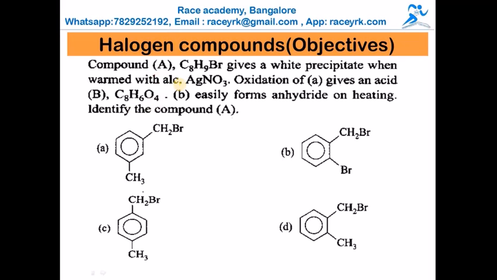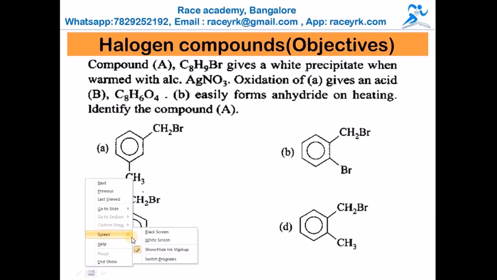If you just calculate the number of carbons, in the first option we have 8 carbons, along with 9 hydrogens and Br. But the point is, not only finding the number of carbons, hydrogens and bromines, we have to check the reaction process. In this reaction, first it is treated with silver nitrate, they are telling. The silver nitrate reaction we will see on the screen now.